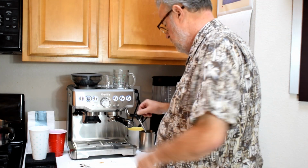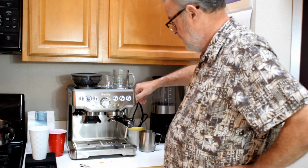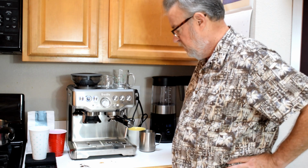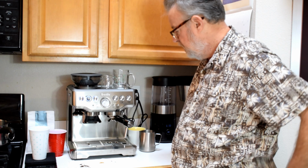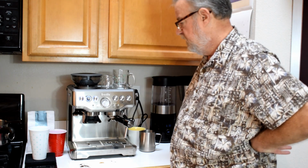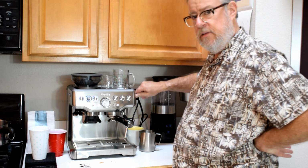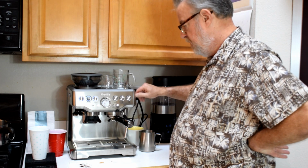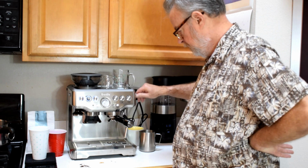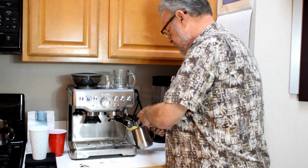Now I'm going to go to the milk frothing part. So I'm going to turn on the steam while it's pointed down into a little hole, a little reservoir, a little trap. That's to build up some pressure, and then you'll hear the pump thump, thump, thump, thump, once the steam gets up to pressure. There's a little knob on the side here that chooses between steam and hot water. Once that steam is available,